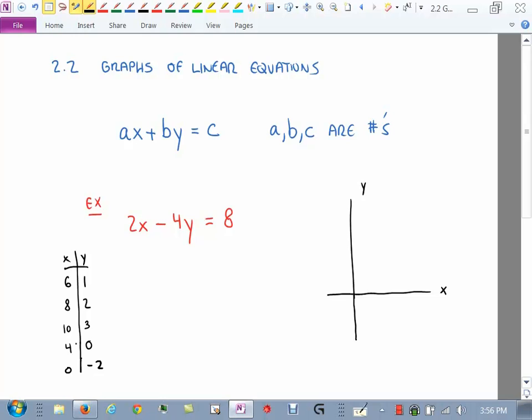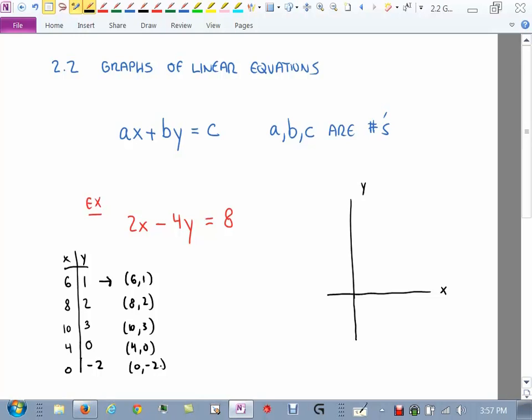And now I could keep making this list forever, couldn't I? I mean, I could just keep coming up with numbers for the rest of my life. I would die before I finished the list, correct? So what we do is we say, instead of writing out the list of all the answers, let's try and visualize those answers. And that's where the graph comes from. And so we talk about these points, or these answers, these solutions as pairs, what we call ordered pairs, and then we plot them, right? These are all points that we're going to plot.